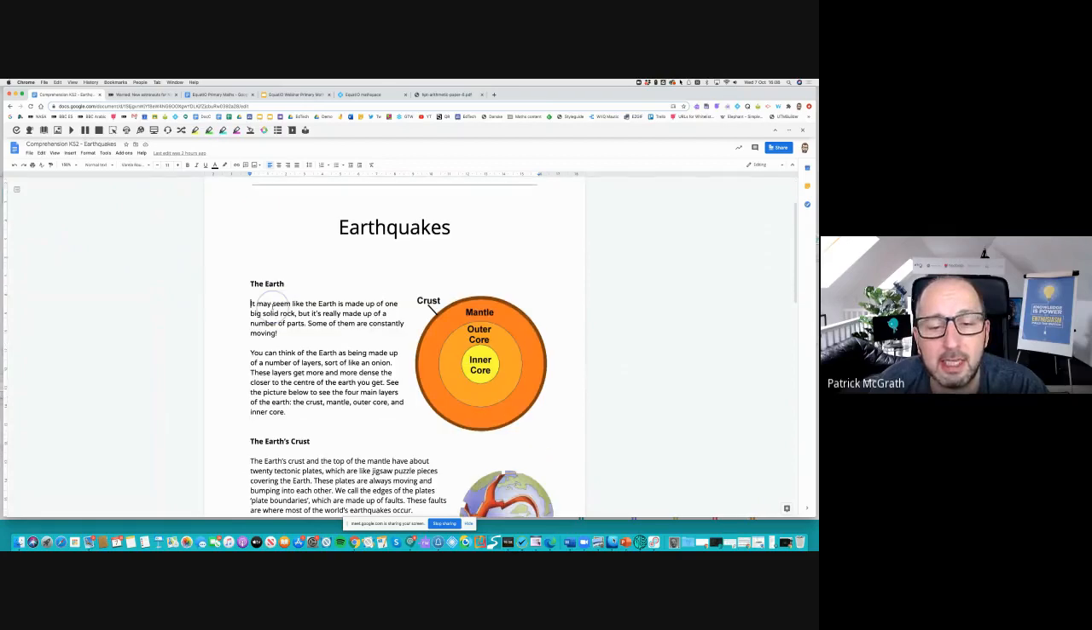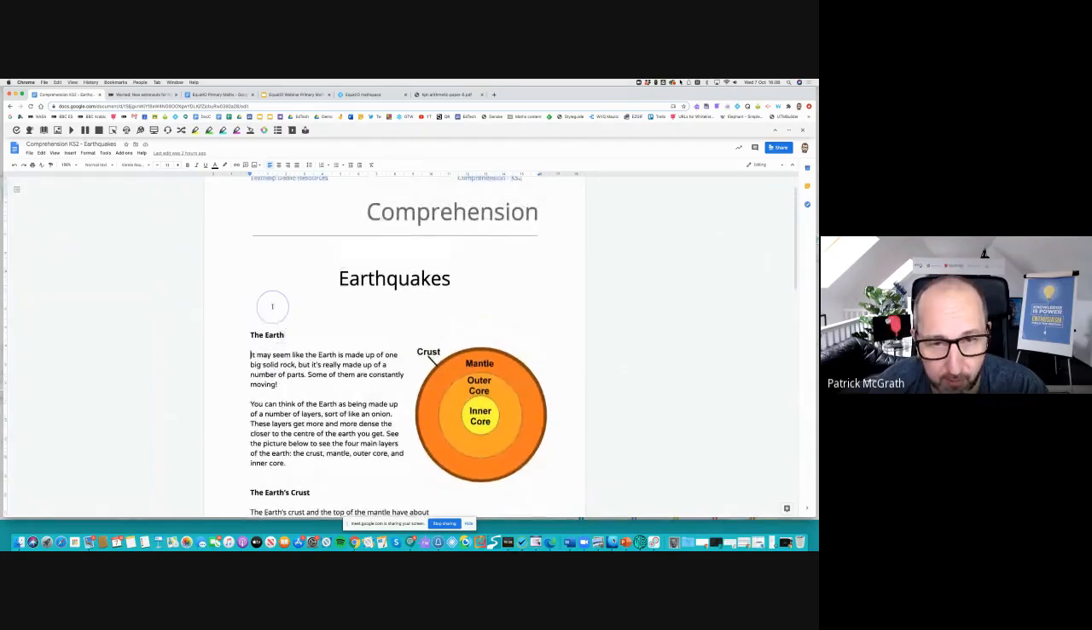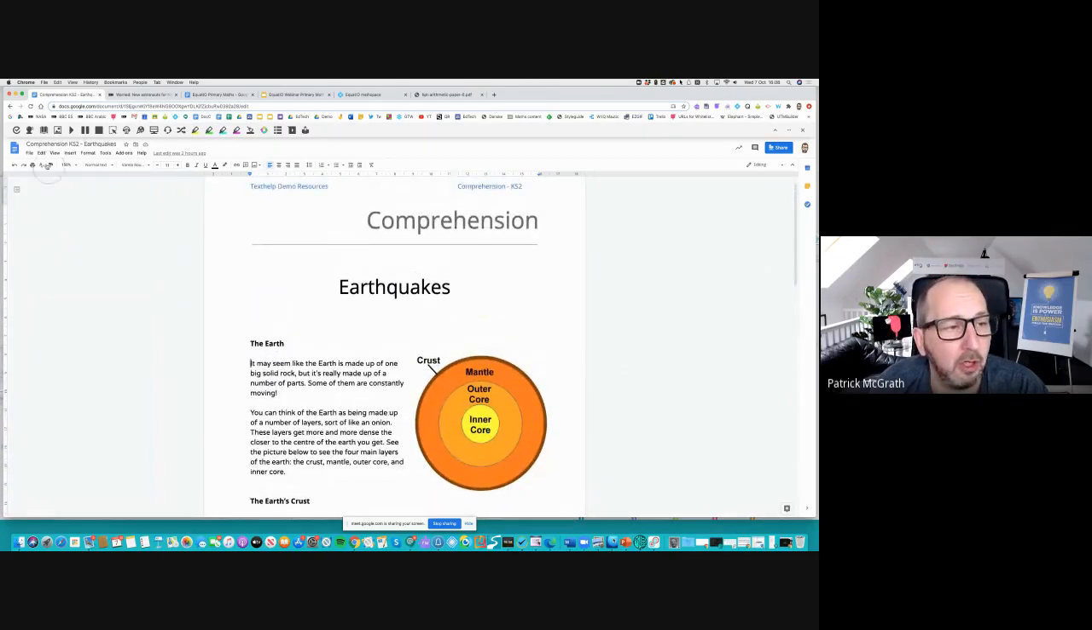So let's take something fairly obvious from Read and Write first of all. And I want to show you this feature, which is just the play feature, which is just text to speech. Okay, so if I operate text to speech. "It may seem like the earth is made up of one big solid rock, but it's really made up of"